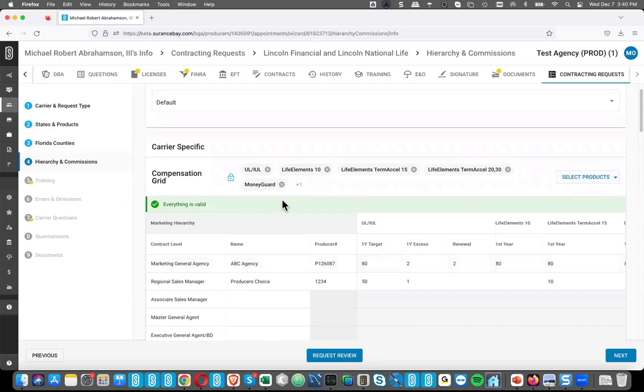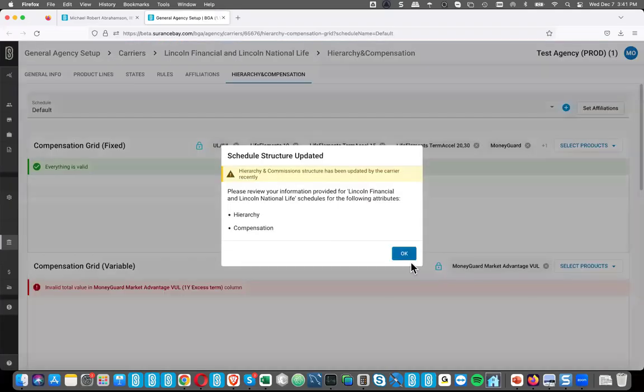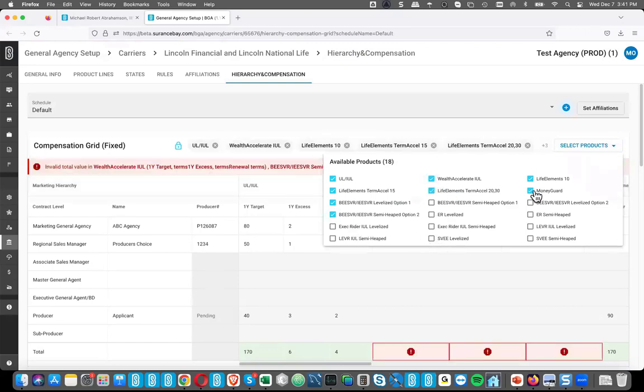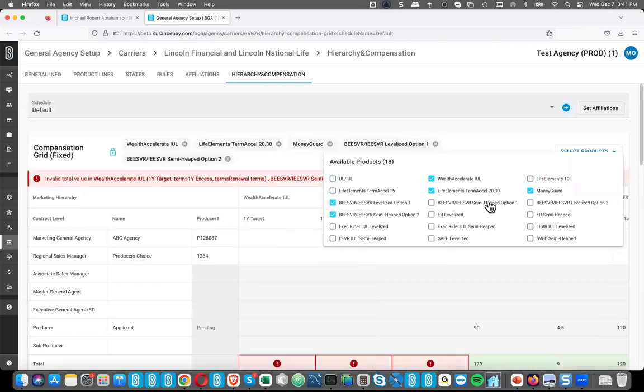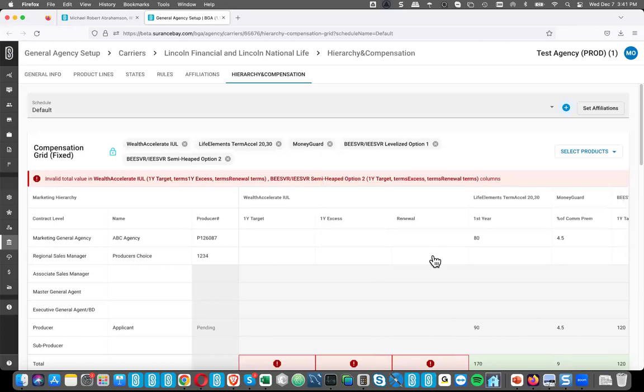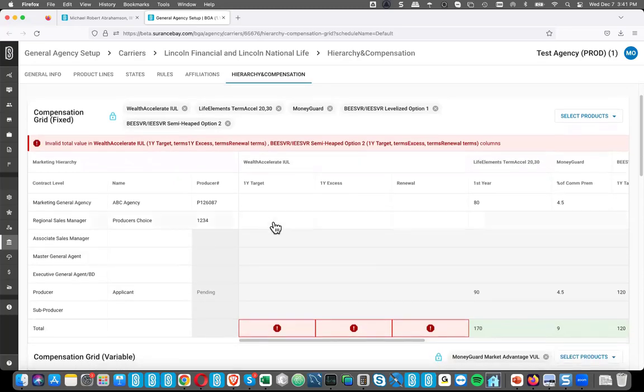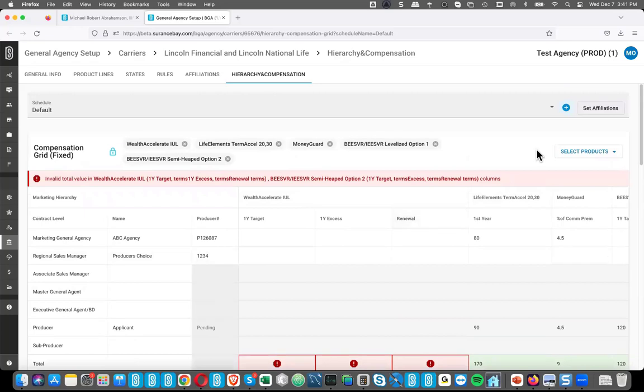But I could go into enabling more products if this is going to take me into my actual schedule. And so I can go through and I can say, you know what? No, I actually want these. I don't want life elements. I don't want the UL. So that changes the options that are visible here. And again, it's just a way of streamlining the data, or the fields that you see, so you can enter the data that matters to you and ignore all the other stuff, because there's a lot to it.